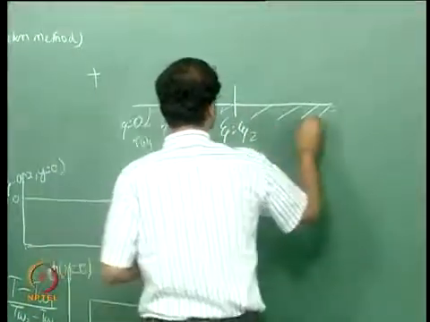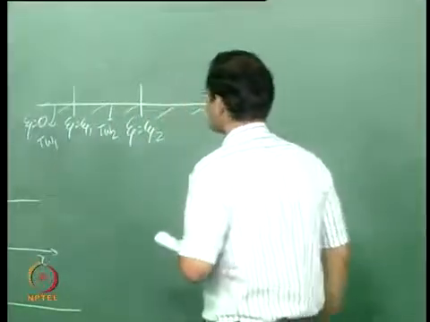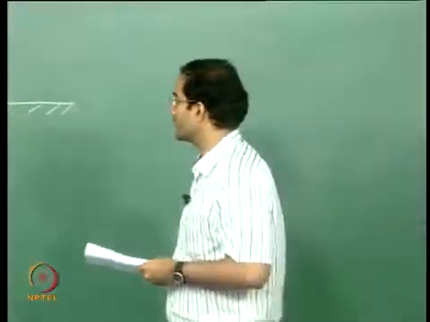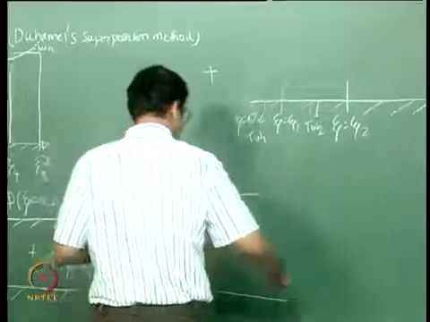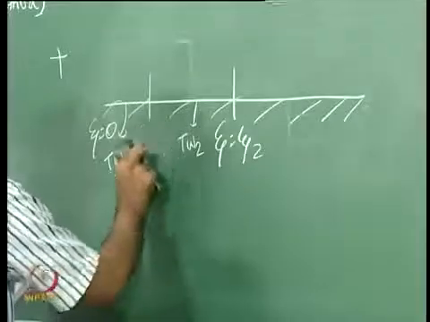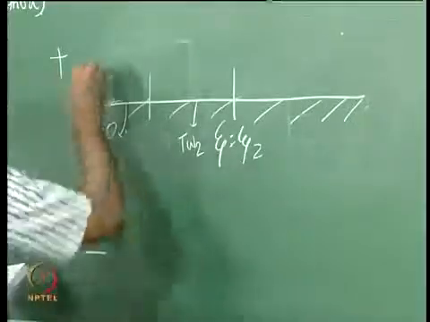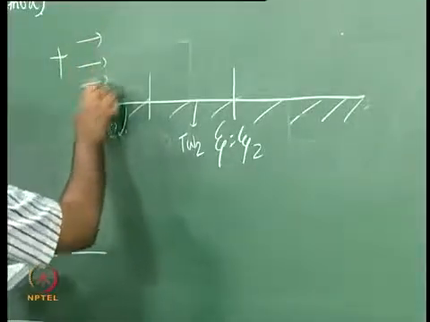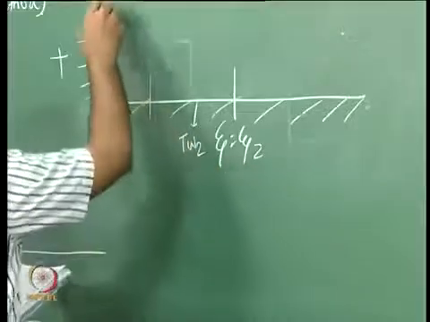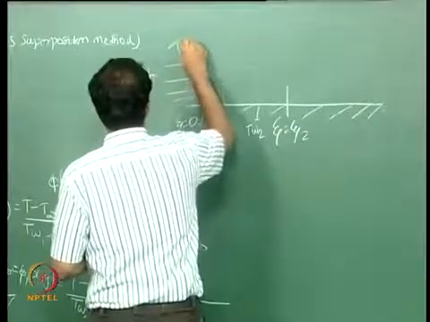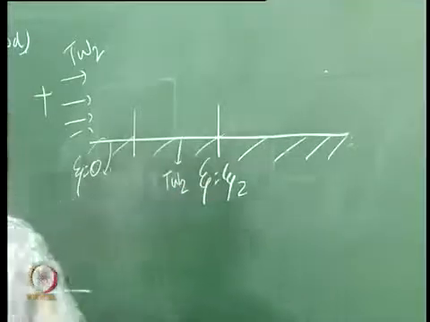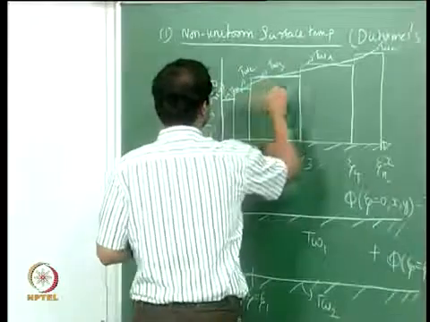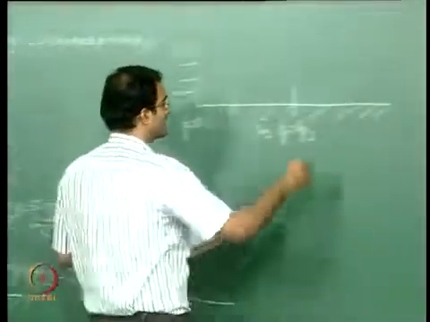Now you have to maintain T wall 3 throughout, okay. So to do this again we assume a free stream temperature where you are maintaining, not everywhere, I am sorry, from zeta equal to 0 to zeta equal to zeta 2 as T wall 2, and your free stream is now T wall 2. From zeta 2 onwards it will be T wall 3, so you maintain everywhere as T wall 3